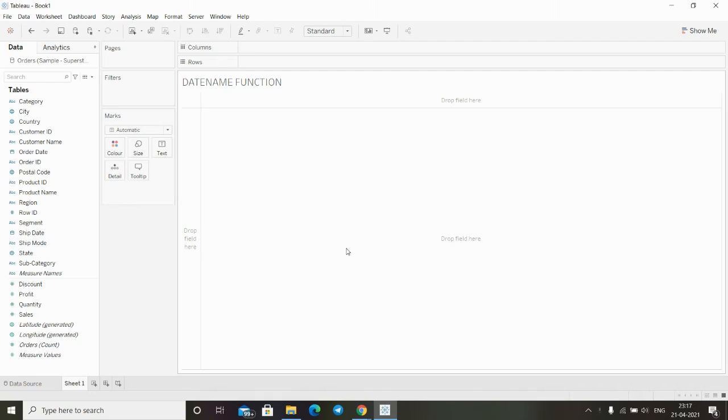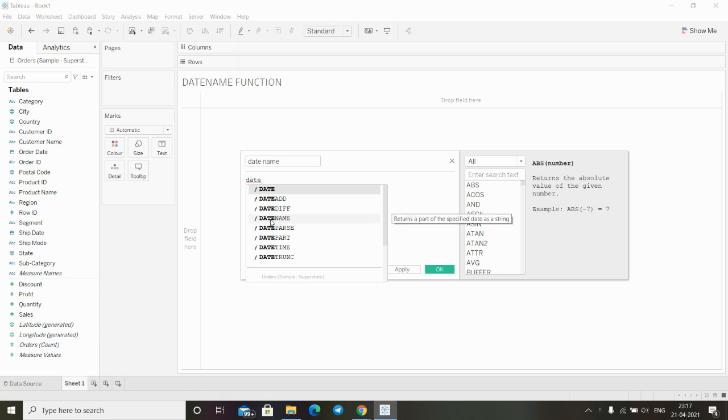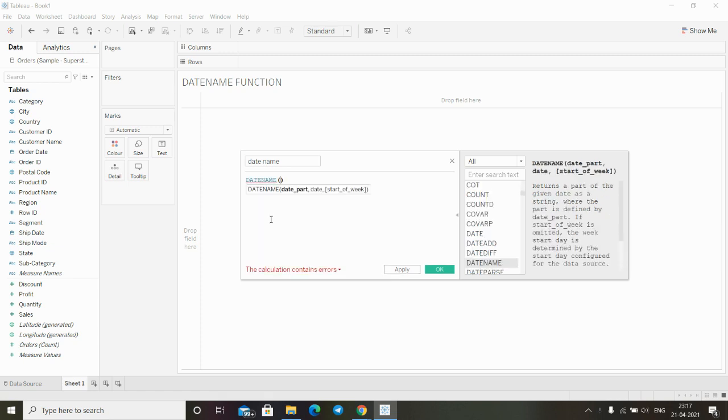In this video, we will see how to use the DATENAME function in Tableau. So for using this function, we will create one calculation field. I'll name it date name, and then just type date. Tableau will recommend one function, which is DATENAME, and so we can see here the syntax of